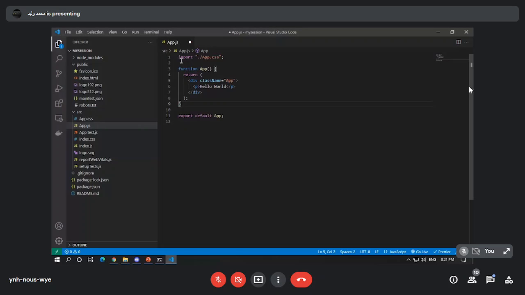See it here, the first extension is Prettier, and the second extension is ES7 React. You can install them. It will take seconds, so you can follow along. Okay, now